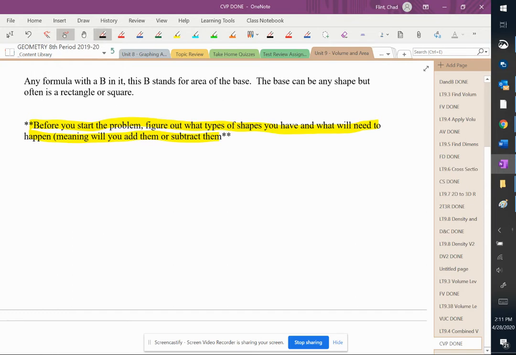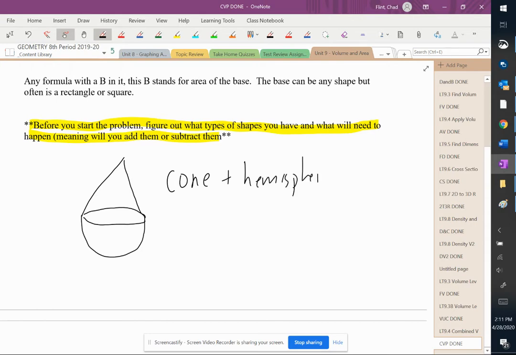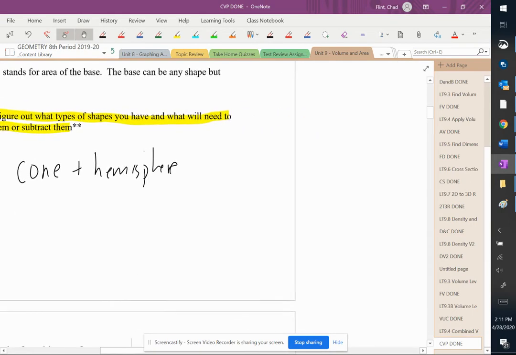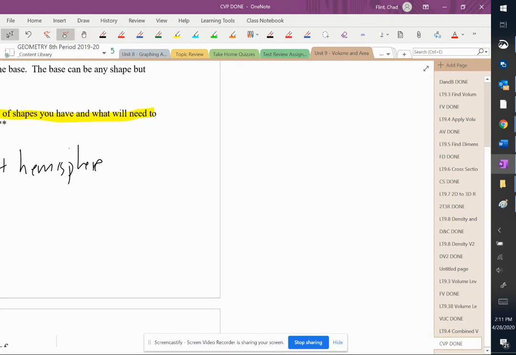If you had, say, a hemisphere that then had a cone on top of it, you would need to do the cone plus the hemisphere. If you had, let's say, a prism